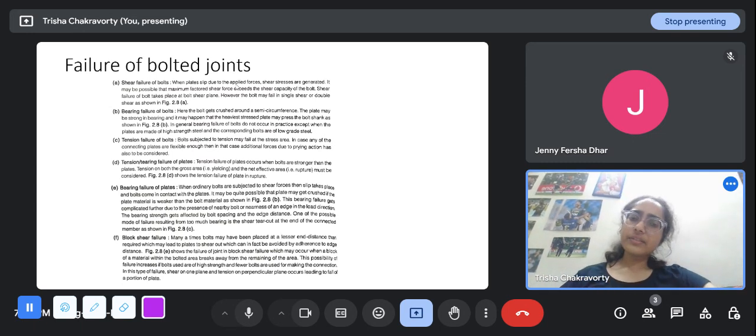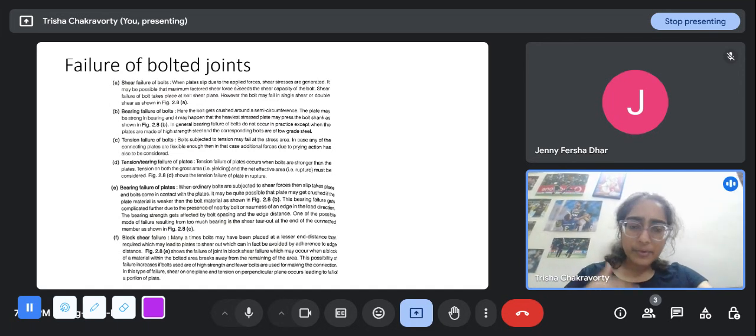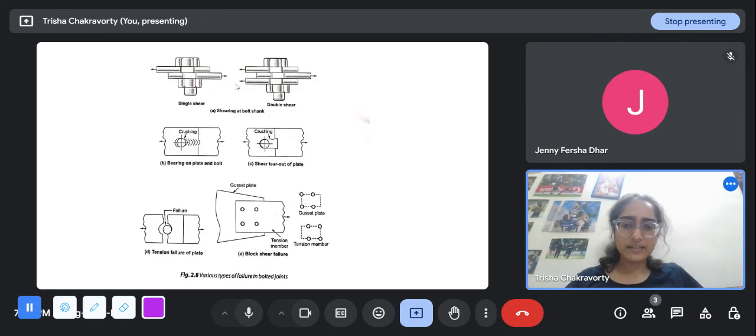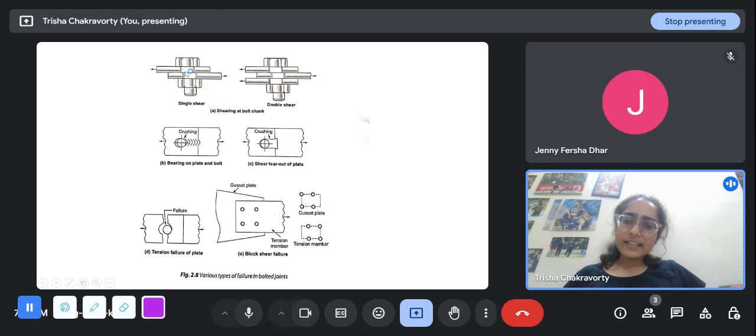That we are applying a shear force, and every structural element has a capacity, and so long as the capacity is not exceeded by the applied load, it is safe. But if the factored shear force exceeds the shear capacity of the bolt, it will shear off like this. This was the bolt, this is the shearing. Suppose this was the bolt shank, and the two plates are moving apart. Then at this point, at the interface, this bolt is shearing off.